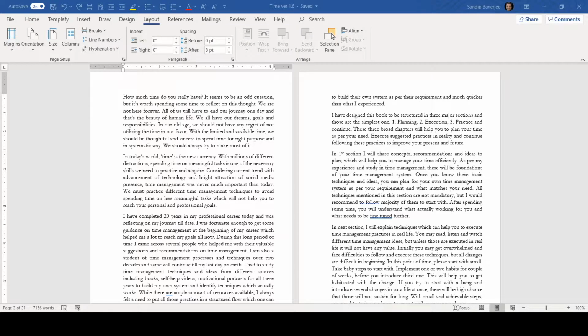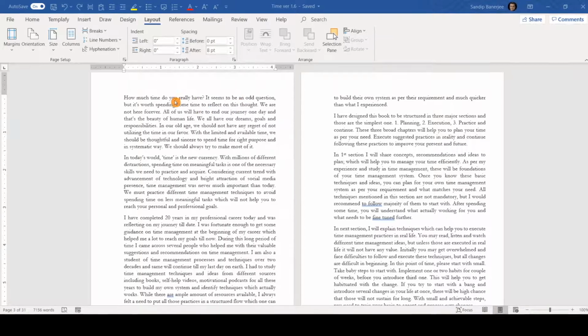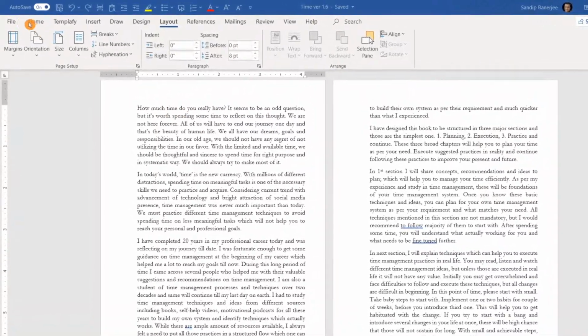So the best option is to protect your document from editing, and you can allow them some access where they can add additional comments or feedback while they are reviewing the document and returning it. So this particular feature can be very helpful if you want to protect your document from any kind of editing. So let me show you how you can do that. If you follow my mouse, what we need to do is go to this file menu.